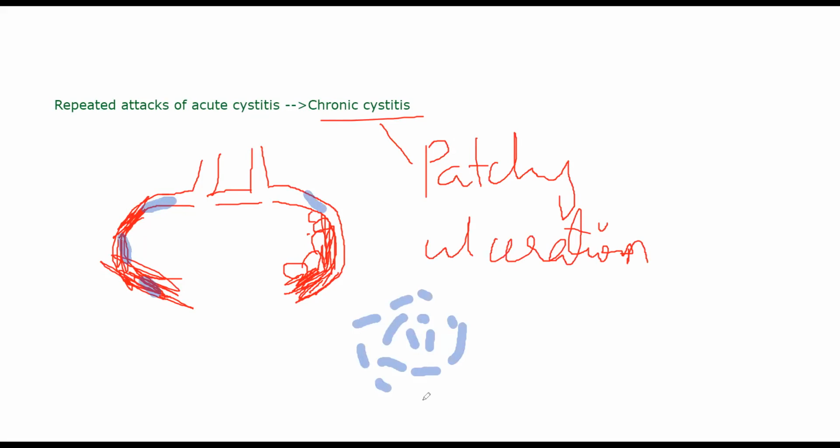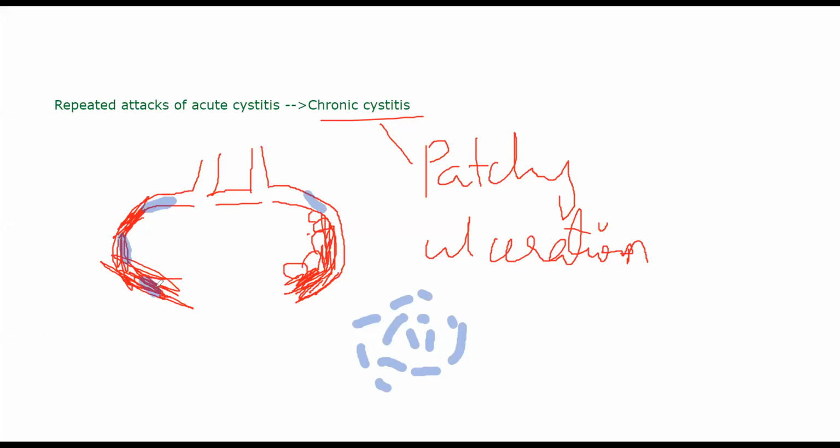Now this ulceration will in turn be invaded by granulation tissue. It keeps on healing and the damage keeps on occurring. That is why it is a chronic condition. In the area where granulation tissue is coming into the picture, polypoid masses are formed. Small budding polypoid masses are formed, and these ulcerations will be quite severe, to the extent that when they are healed, fibrosis occurs. So you will be able to see fibrosis in the submucosa, and you will be able to see fibrosis of the muscular coat.